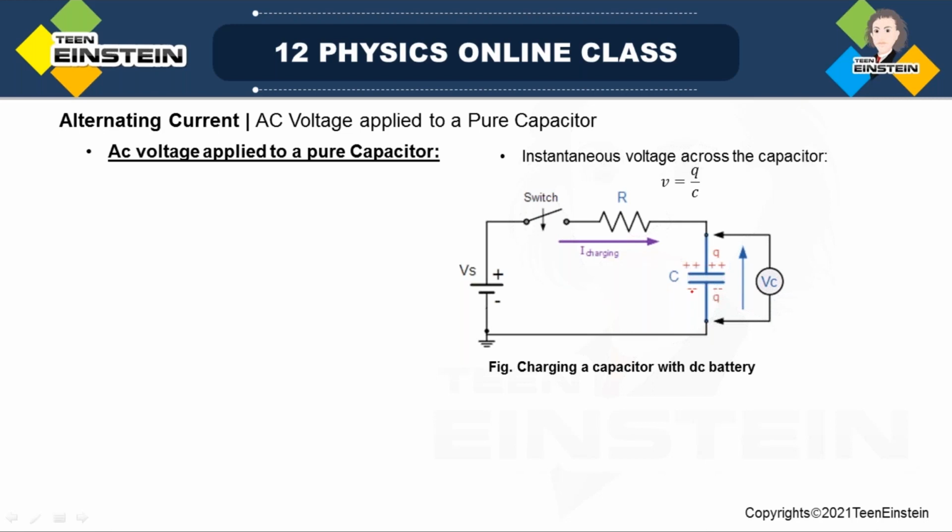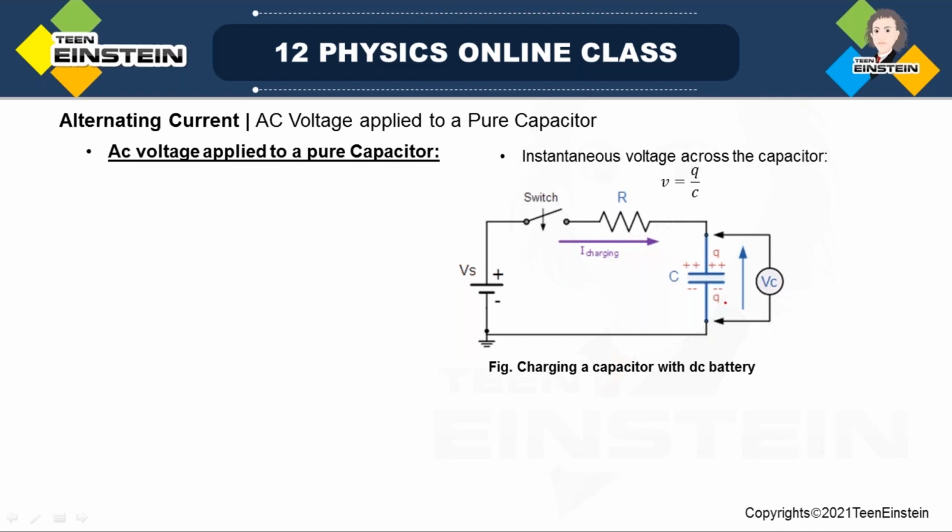Let me give you the circuit diagram. This is a circuit diagram. We have a capacitor here, this is not a purely capacitive circuit when I am charging a capacitor with a